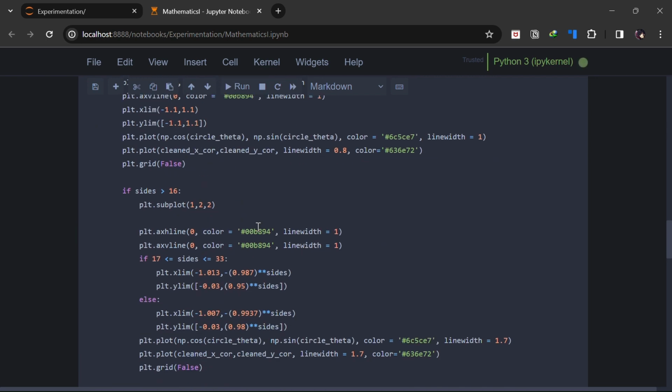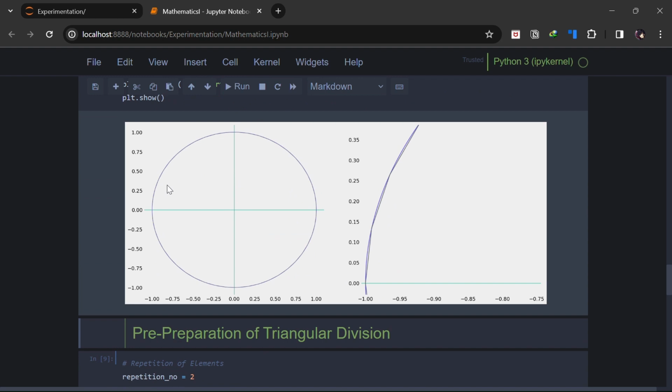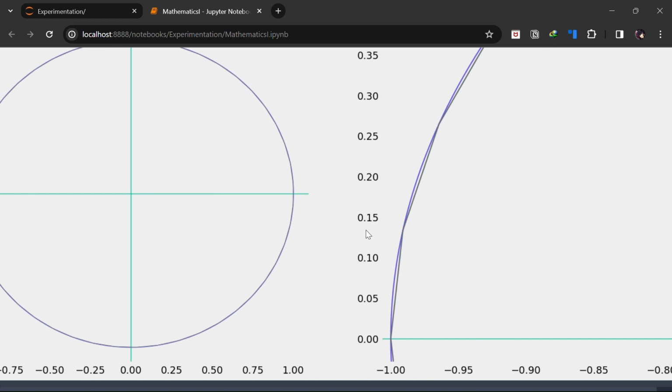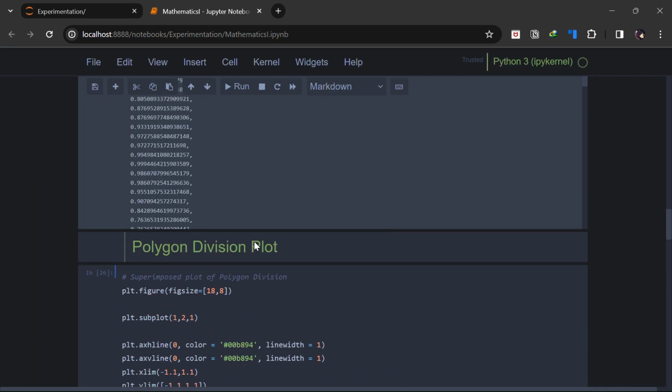Wait for it to compute all the coordinates. Now, as you can see, at 47, on the left side of the figure, it is completely overlapped. You cannot actually differentiate between the curve and the polygon and the circle. In the right side, it's still visible. The gaps are still visible. But on the right hand side of the figure, it is completely overlapped for the naked